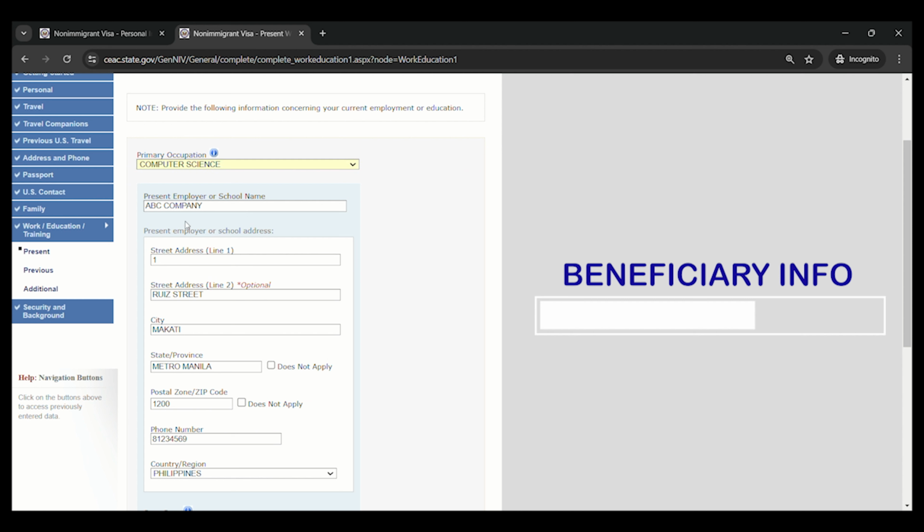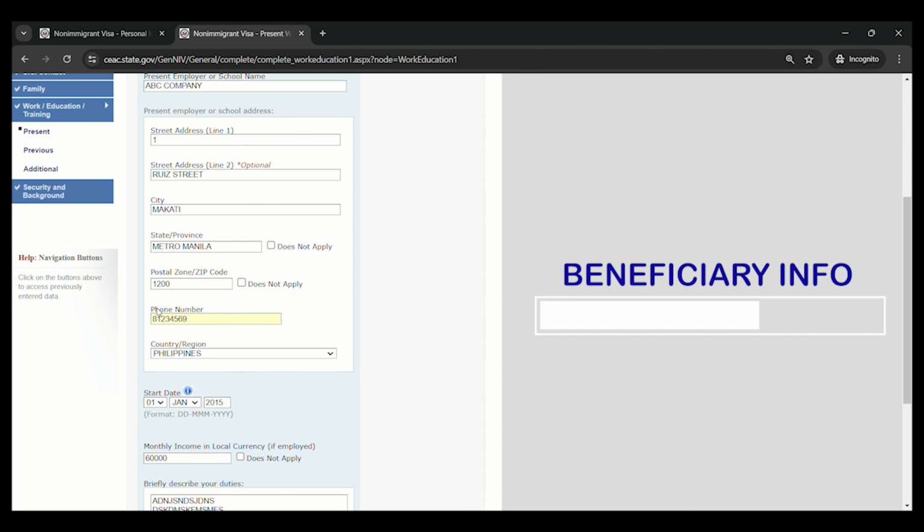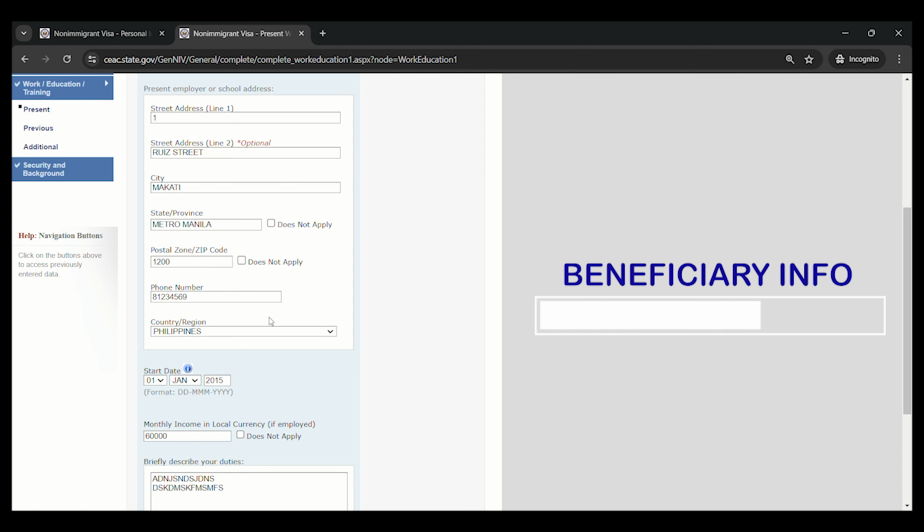Select if you are working in the field of computer science, engineering, for example, computer science. Provide the school or the employer name, for example, ABC Company, the address of your employer, Makati, Metro Manila, for example. Provide your employer's phone number and the country address of the company you're working for.